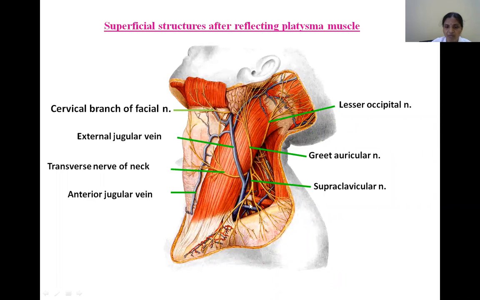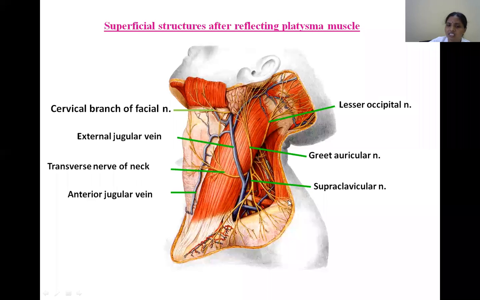Then the intermediate branch. See, the intermediate branch passes in front of the clavicle. Sometimes it may pierce the clavicle. So that's why the clavicle is otherwise called a dermal bone. Already you know that. So what is the clavicle? A dermal bone. How can you tell this is a dermal bone? As it is pierced by a cutaneous branch, right? So what is this cutaneous branch? The middle branch of the supraclavicular nerve, and it supplies the skin over this area.